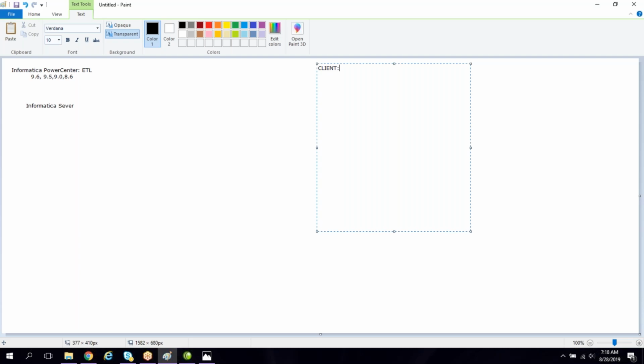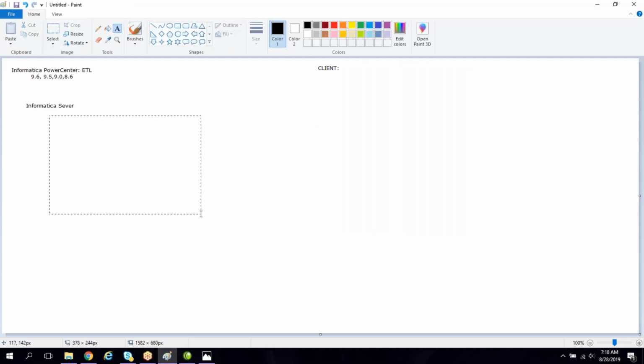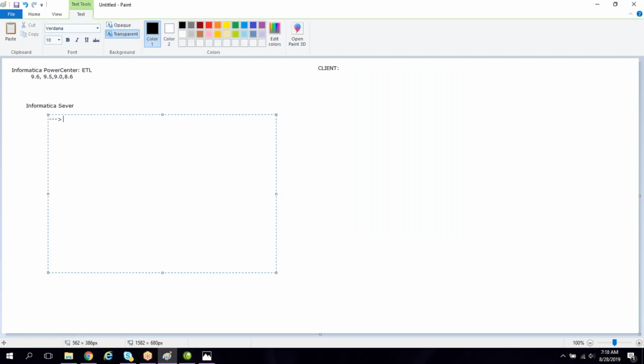Fine. While installing the Informatica server software, first we have to configure the domain. We have to create a domain here. While installing the server software, in multiple steps it will ask us to configure or create a domain. Before that, we also have to give the database credentials, database address, service name. All these things we have to give, and then the domain will be created. Once the domain is created, we have to log into the Informatica Administrator homepage. There we create a repository service and integration service, right?